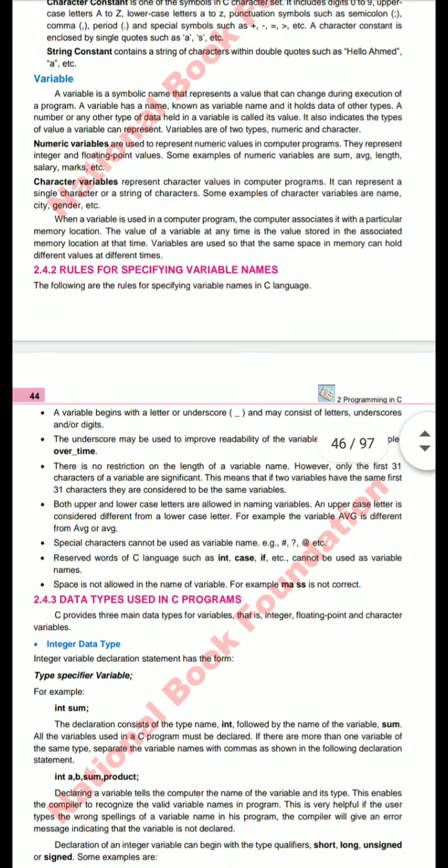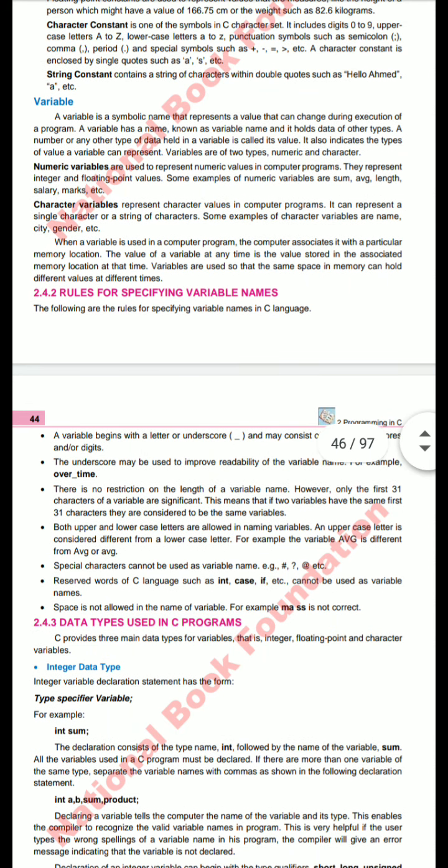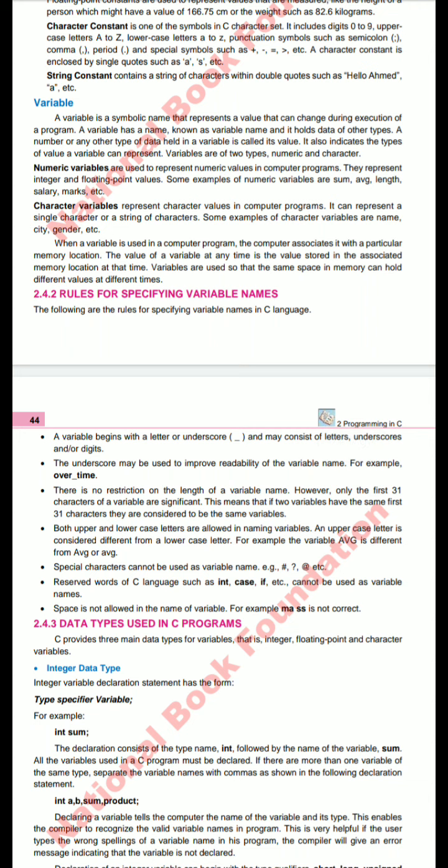Variables. As I discussed earlier, a variable means a symbolic name that represents a value that can change during the execution of a program. A variable has a name known as the variable name, and it holds data of some type. A number or any other type of data held in the variable is called its value. It also includes the type of the value. Variables are of two types,